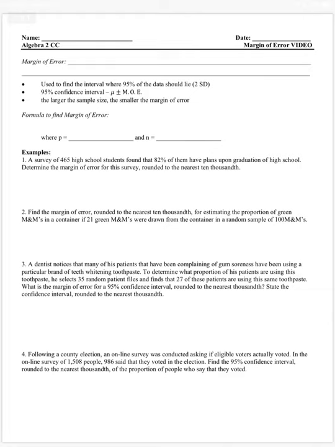Today we're going to talk about something called margin of error. I'm sure if you guys have been watching the news at all right now, you're hearing a lot of margin of error stuff. The definition of margin of error